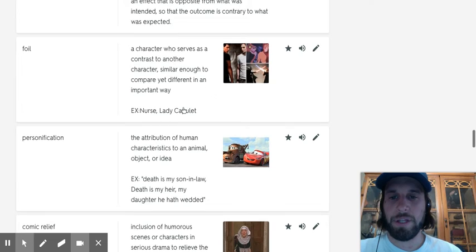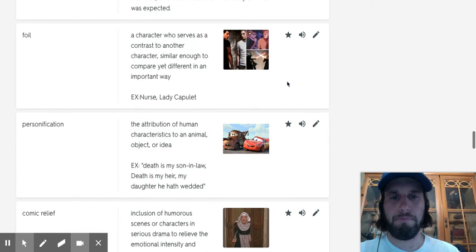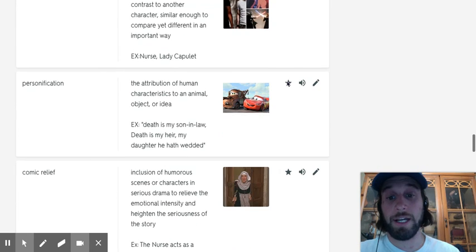Anyway, a foil, we've talked about these in class depending on where we're at in the year, but a foil, they're characters who contrast each other, and by looking at their differences, we basically see a heightened characteristic. So you see like Scar and Mufasa from The Lion King. One is so inherently good in Mufasa, and one is so inherently just maniacal and manipulative, and that's Scar. They're foils because one is a great leader and one is just not a great leader.